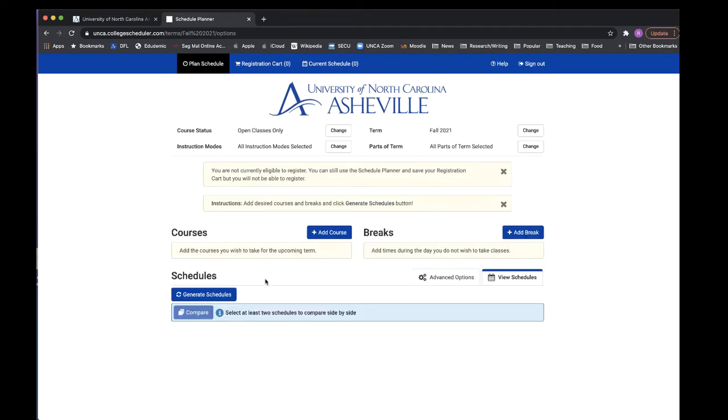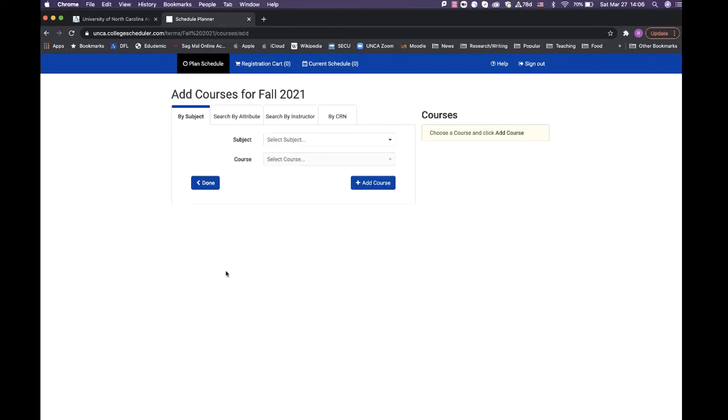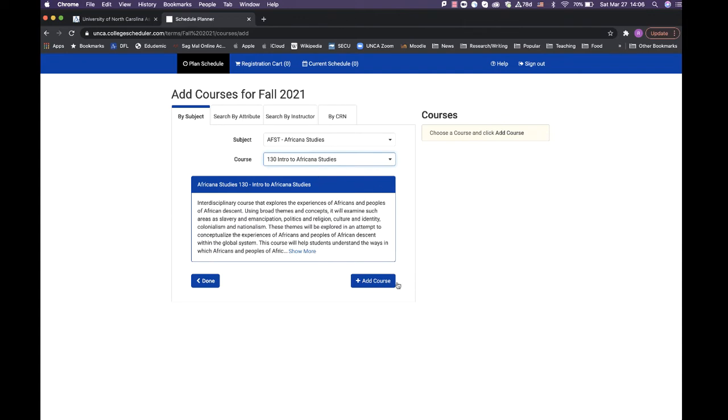On the next screen is where you can add courses by clicking the Add Course button. This will open another screen where you can look up classes by subject, attribute, instructor, or course registration number. Whenever you select the class by subject, you will pick the disciplinary prefix and the course that you want to take, and then make sure to click the Add Course button down here so the class shows up on the